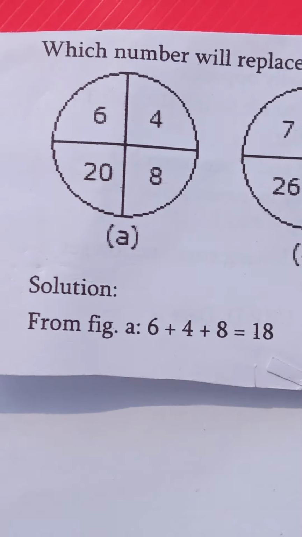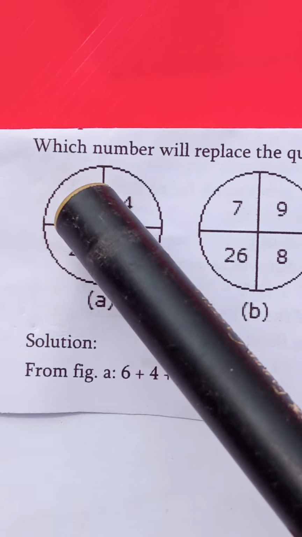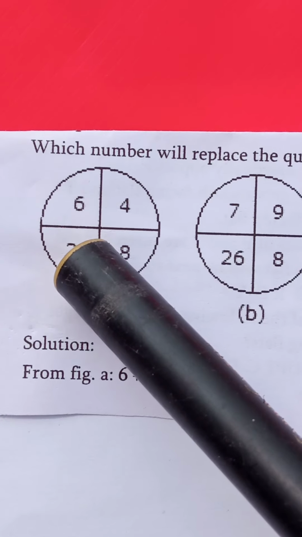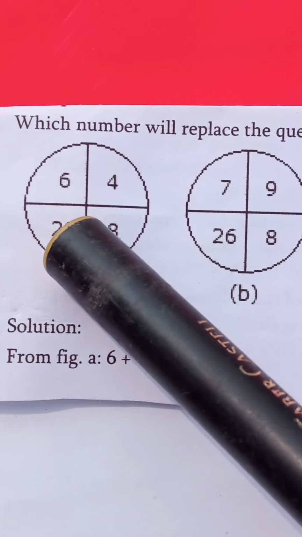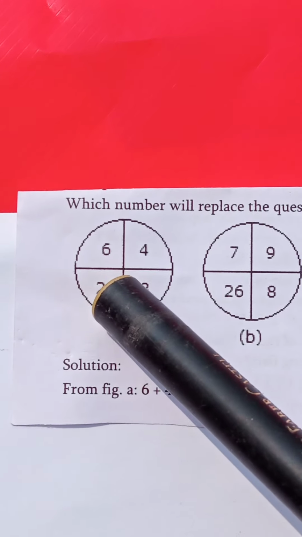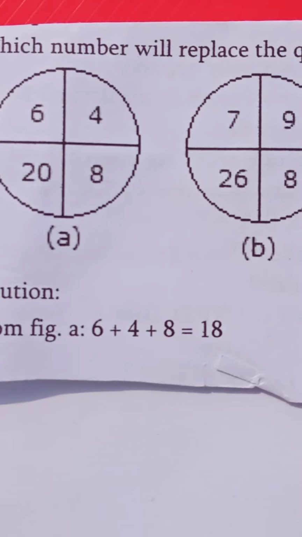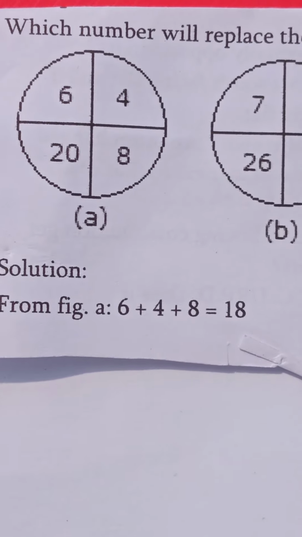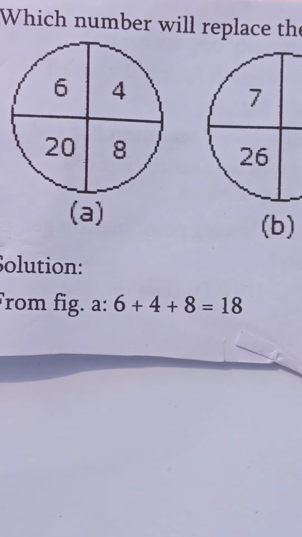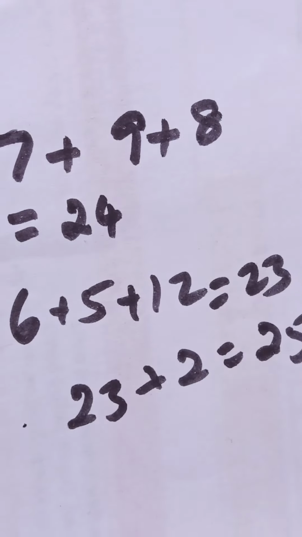Once you see here, this is divided into four sectors, 1 2 3 4. Out of four sectors, this is the maximum value, 20 is here. So our assumption is the remaining three values should be added to get the maximum value. Let us quickly add 6 plus 4 plus 8. That is 18. But here 20 is given. How will 18 become 20? Maybe they would have added two more.